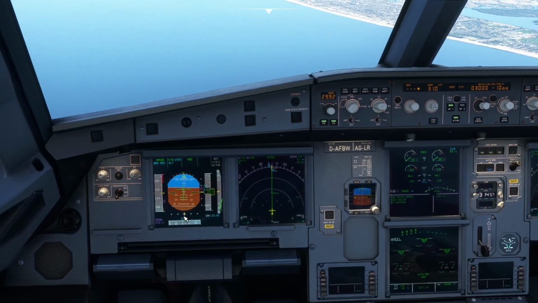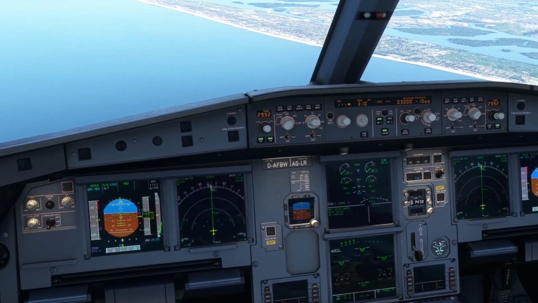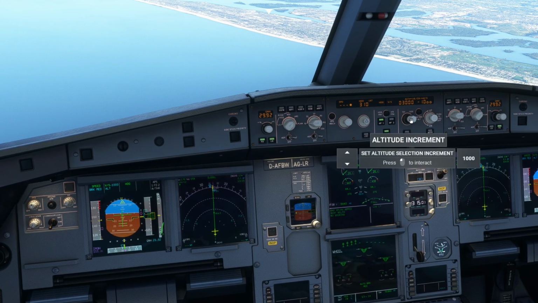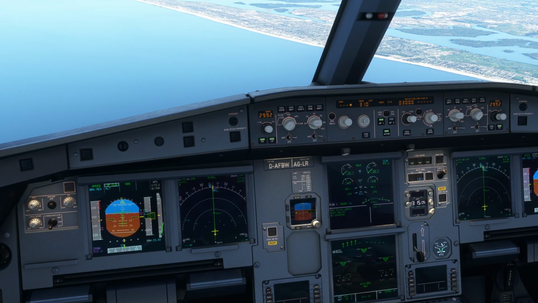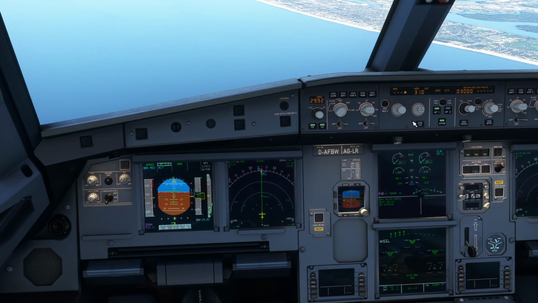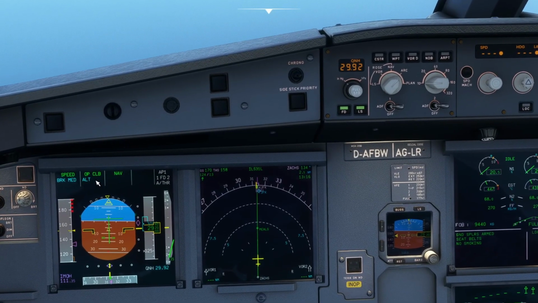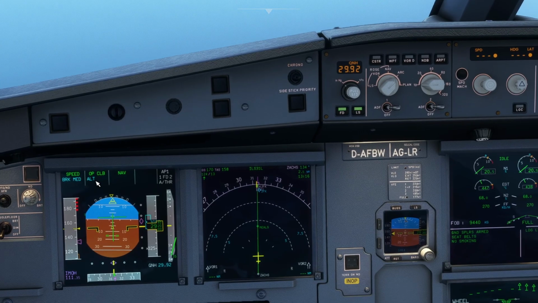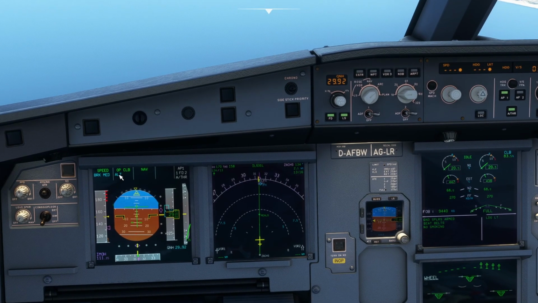So let me make sure that everything is in managed mode, or engaged mode rather. So you see, with that, our heading is also in engaged mode. So the autopilot is taking care of the altitude as well as the heading mode. And now here you will see some changes. So our thrust levers and everything is all set. So let's now